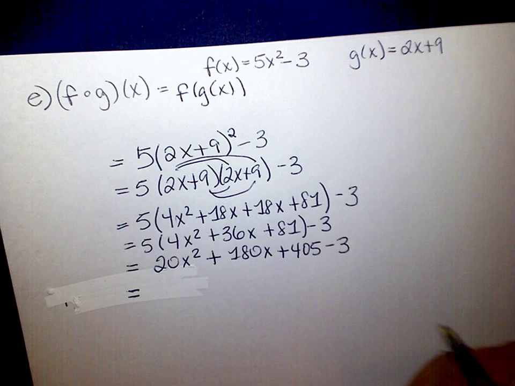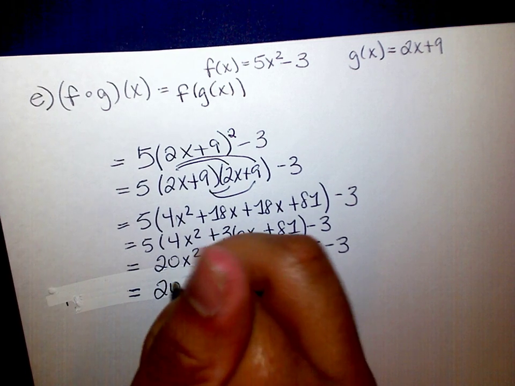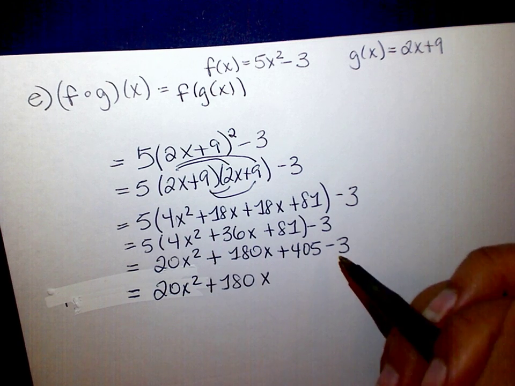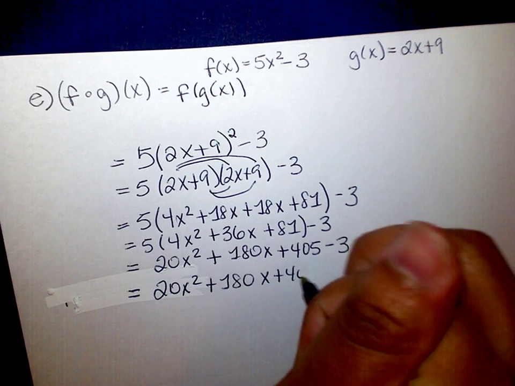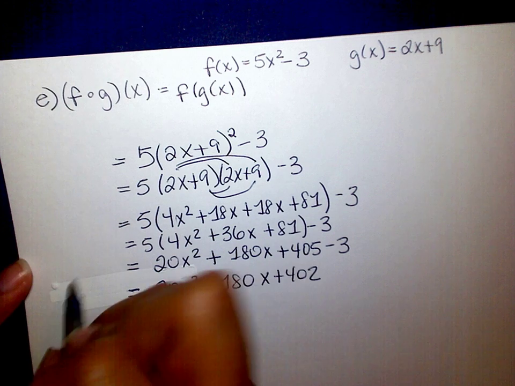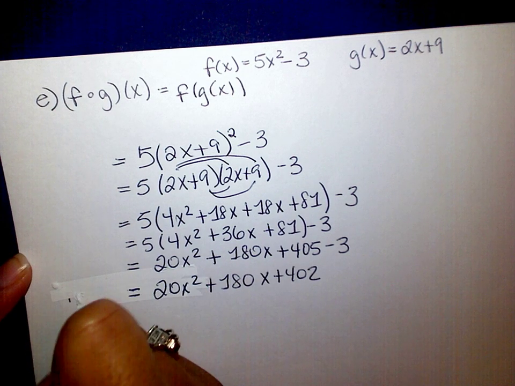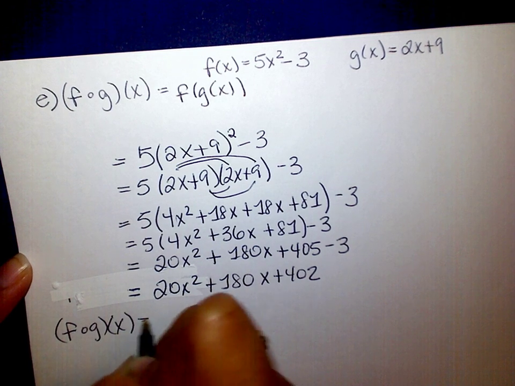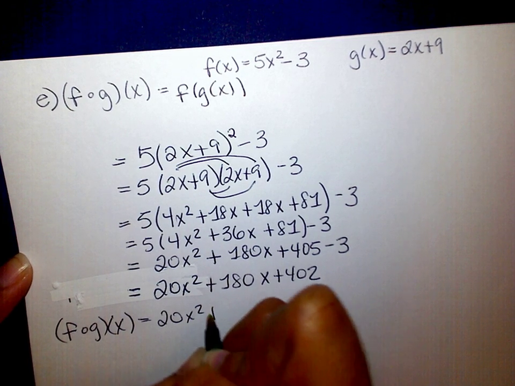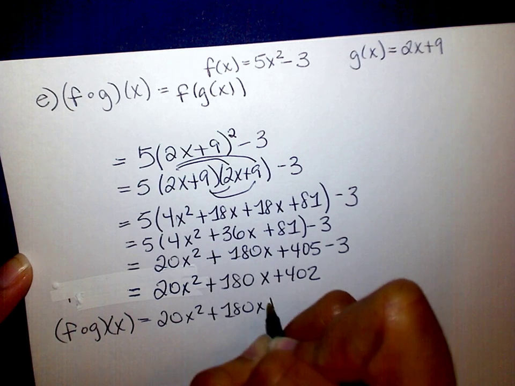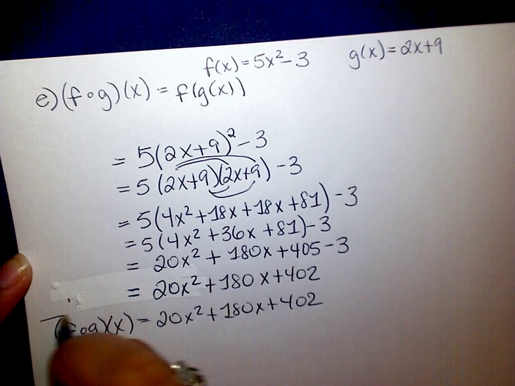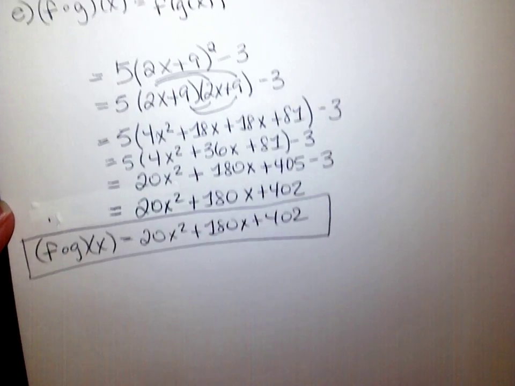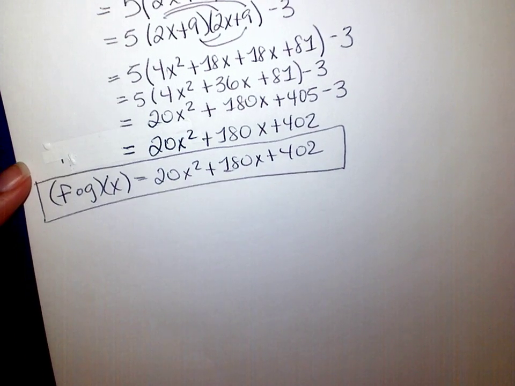So then we get 20x squared plus 180x, and 405 minus 3 is 402. So then our final answer would be f of g of x equals 20x squared plus 180x plus 402. Alright, so then for E, wait, that was E. So for F,